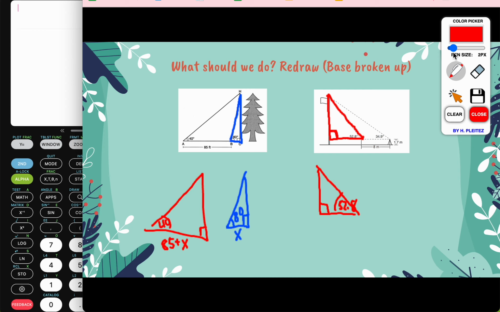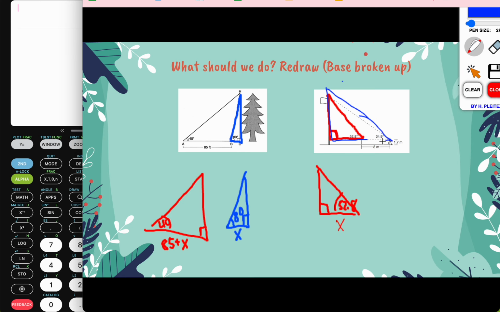And then we don't have a value for that side, so I'm going to call that x. And then in blue, we have the larger right triangle here, where we have 90 degrees, we have 34.9 degrees, but then this side is not 8. Notice how when they give you that, that's only a part of a triangle. That's 8 plus